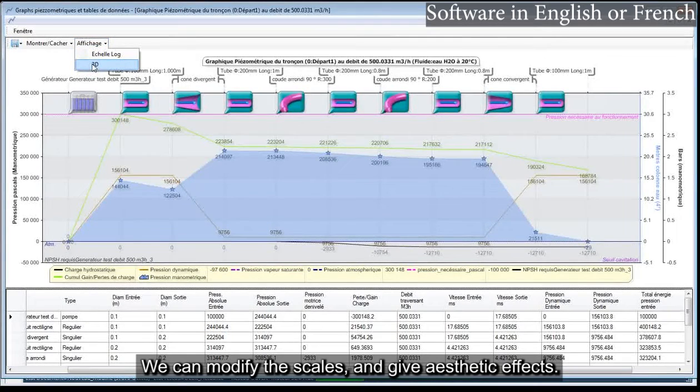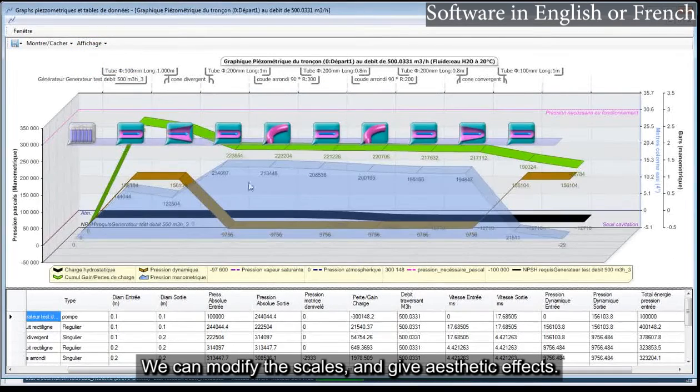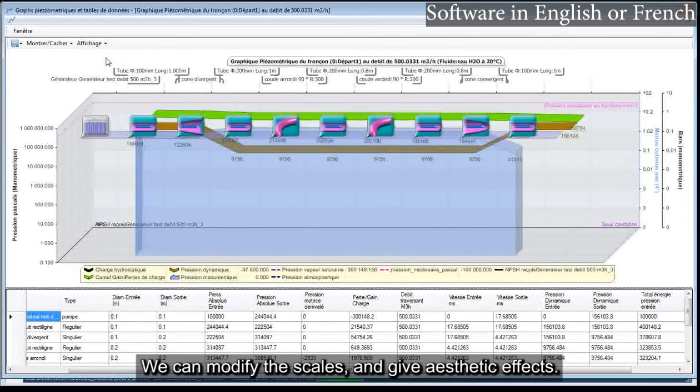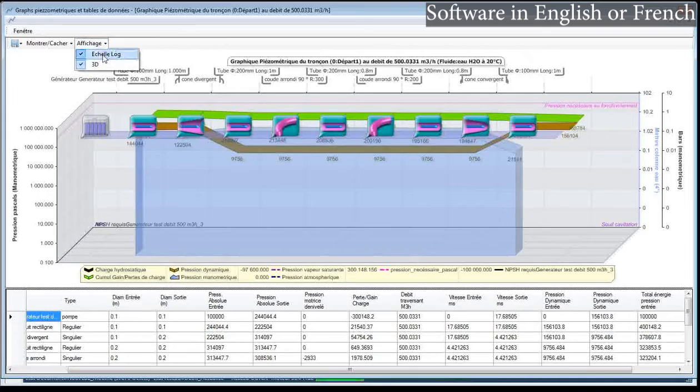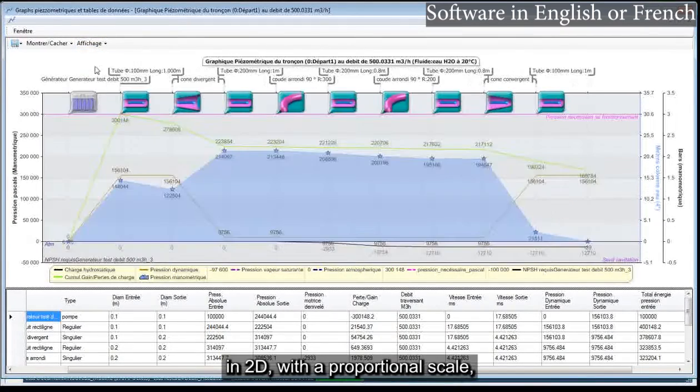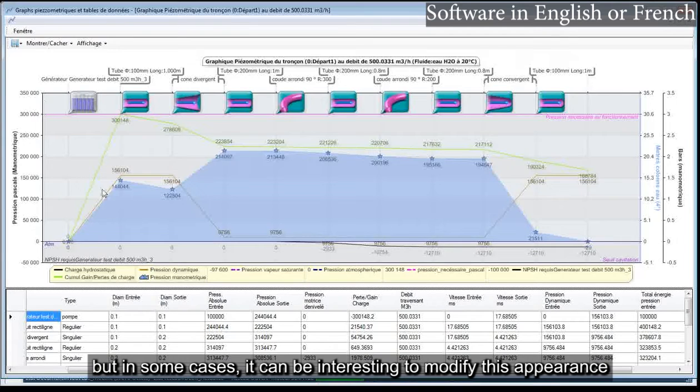We can modify the scales and give aesthetic effects. Personally, I prefer in 2D, with a proportional scale, but in some cases, it can be interesting to modify this appearance.